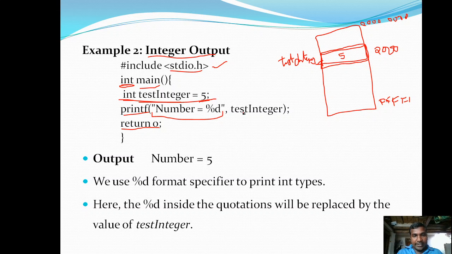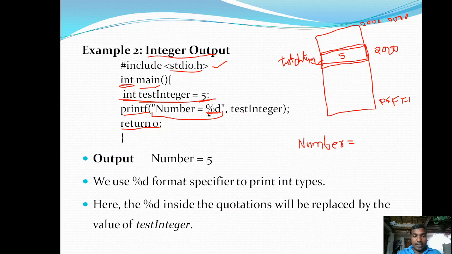Inside the double quotes it contains number is equal to percentage d. On the output screen it is going to print number is equal to as text, and in place of this percentage d format specifier, in the printf function, any format specifier you use is going to be replaced by the corresponding constant value.